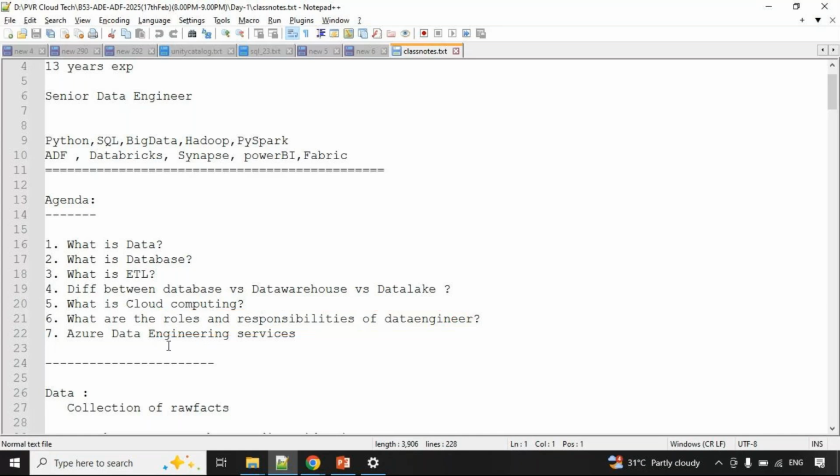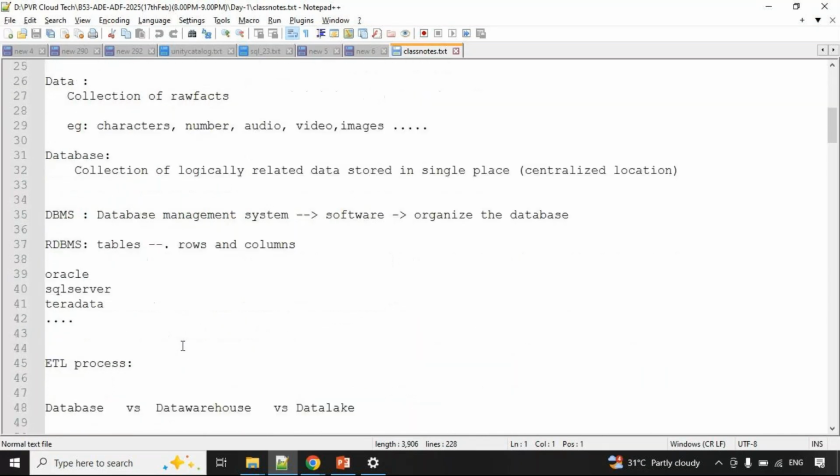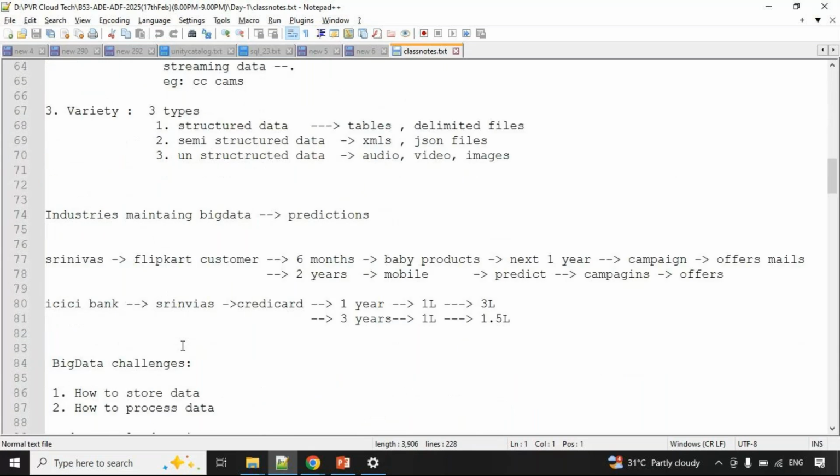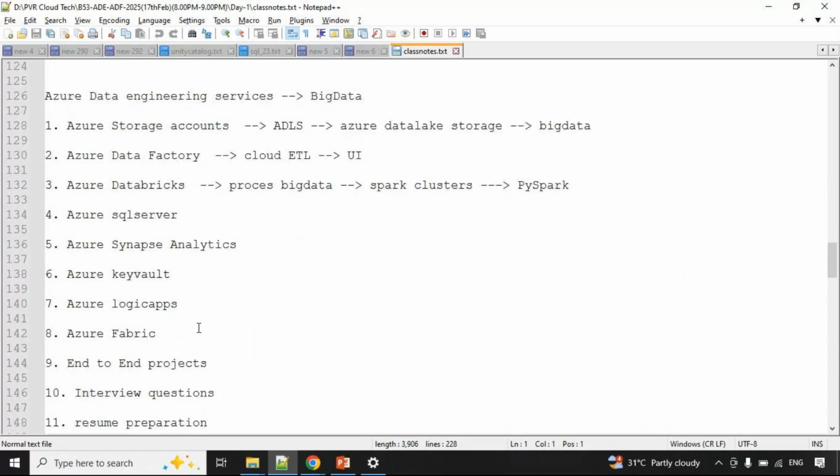To do that, there are some data engineering services in Azure. Mainly the ADLS storage account, where we can store the data. To handle big data we have ADLS, Azure Data Lake Storage, and Data Factory, which is a cloud ETL, similar to Informatica, DataStage, Talend. Databricks is mainly to process big data, with a Spark engine.